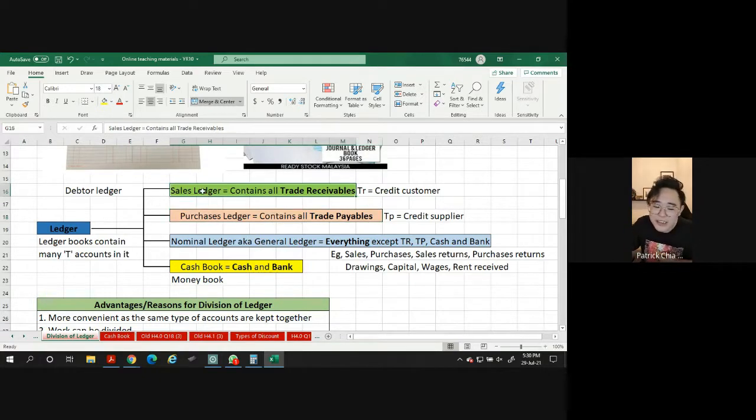Of course, sales ledger is the same thing. You cannot find a sales account inside. You can only find your TR, which are all the customers. The same type is all put into one book. That's why inside there are many T accounts, not just one. What can you find inside the sales ledger? Sales account? If so, you buy one book just for one T account, is that needed? Waste of money. But if you buy one book for many customers, because you don't just have one customer, it makes sense.